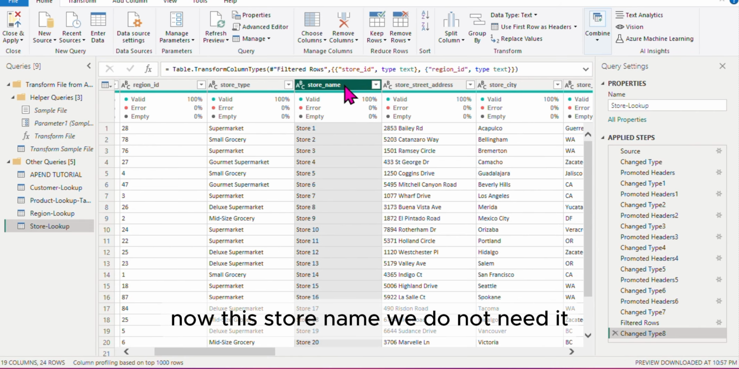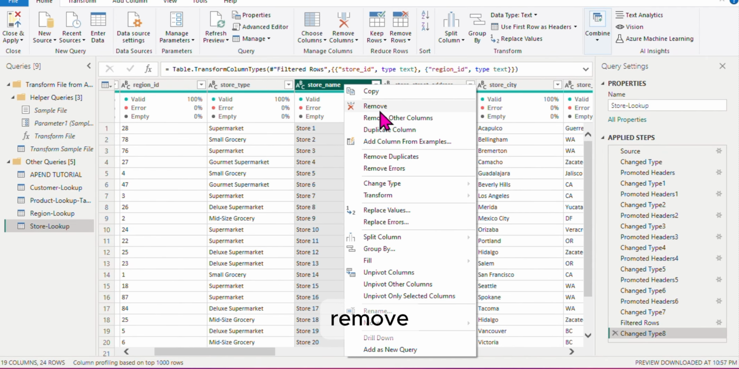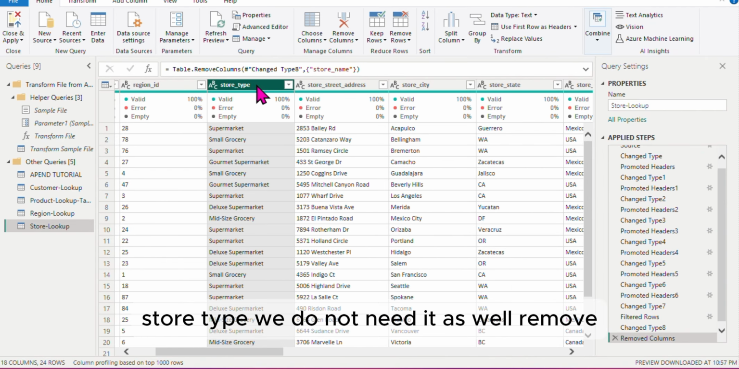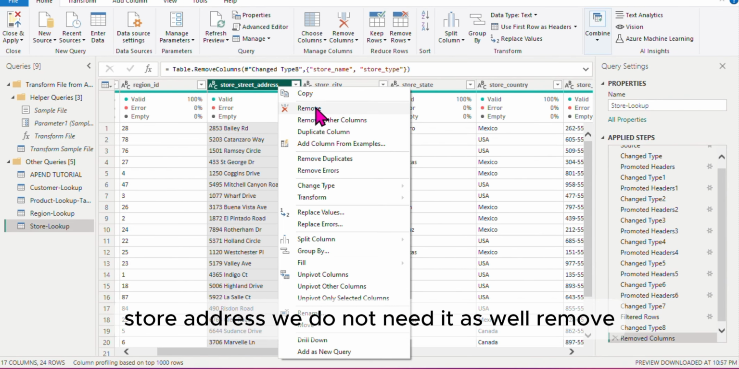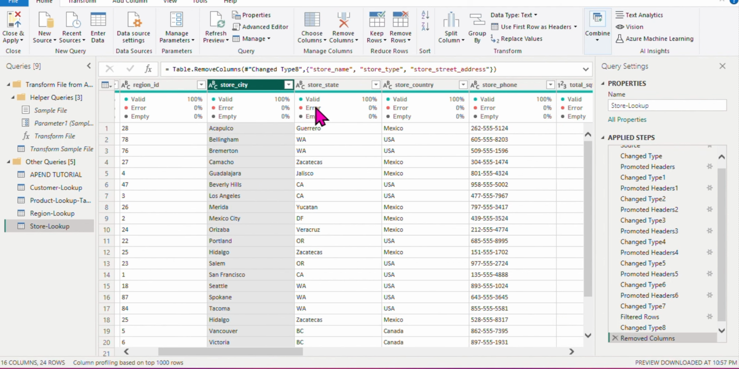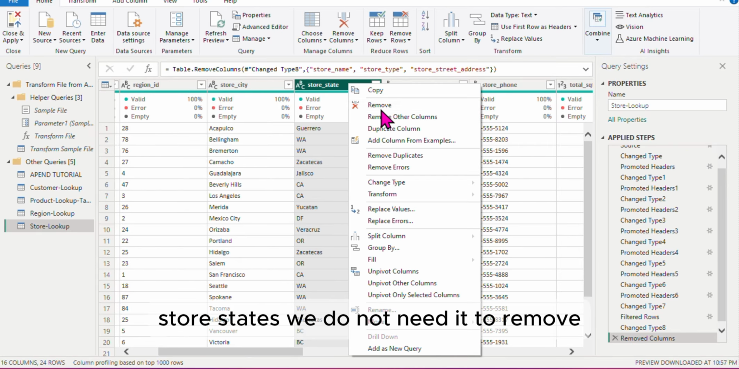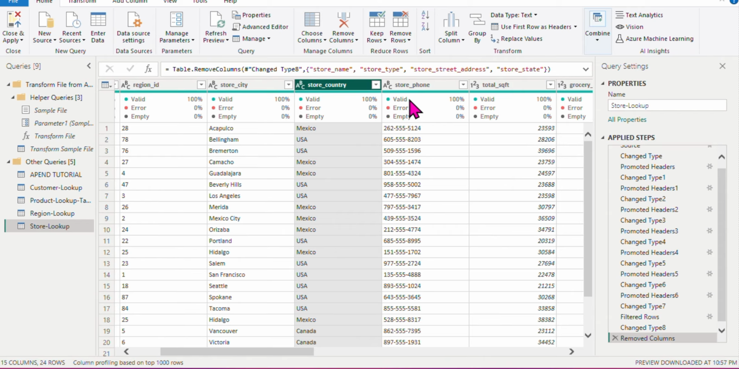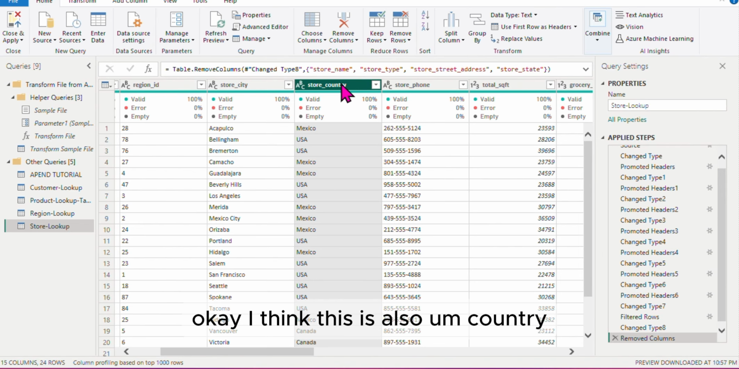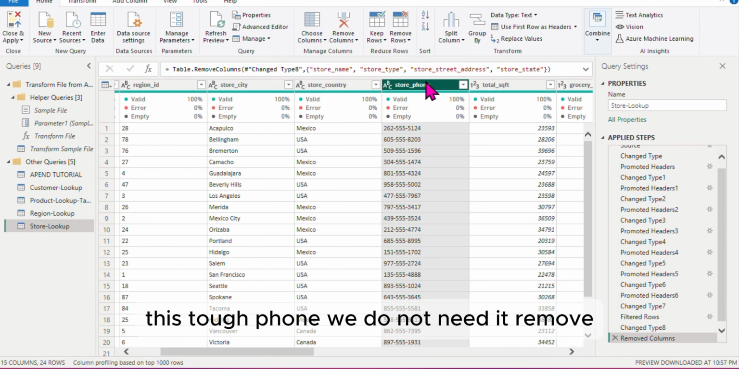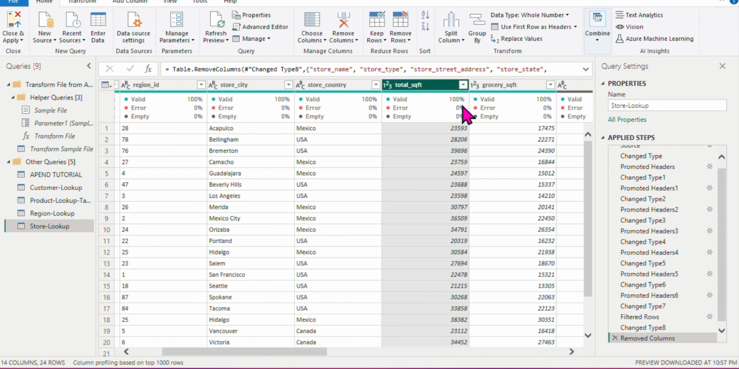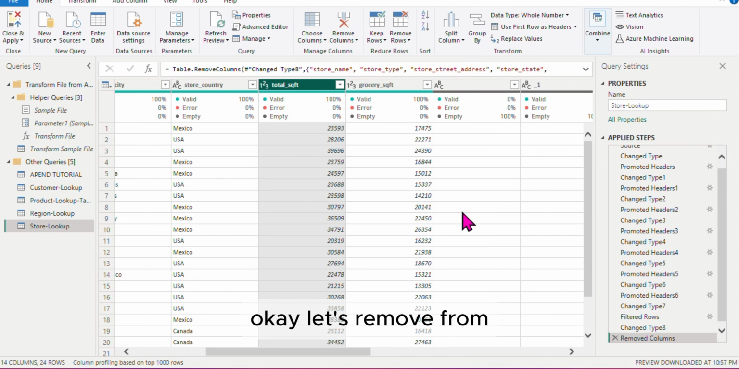Now this store name, we do not need it. Remove. Store type, we do not need it as well. Remove. Store address, we do not need it as well. Remove. Store states, we do not need it, remove. Okay, I think this is also country. This store phone, we do not need it. Remove. Okay, let's remove from